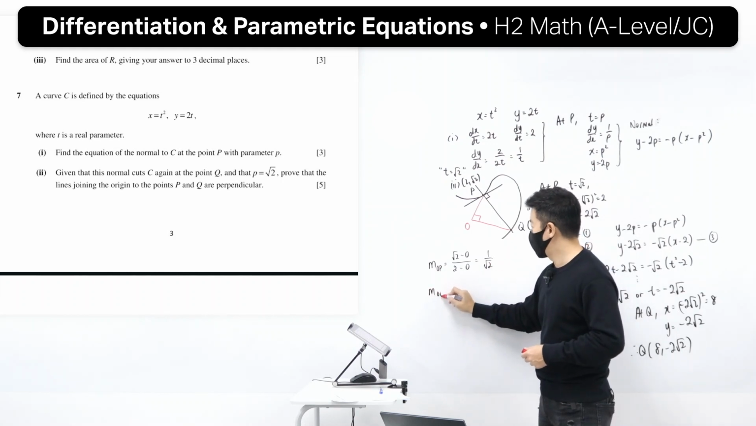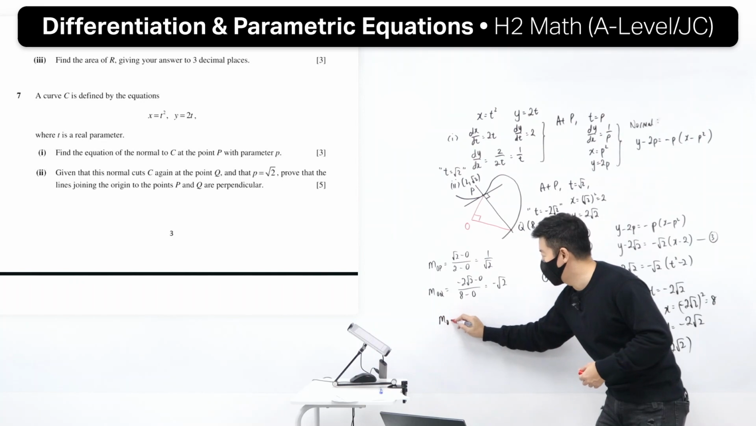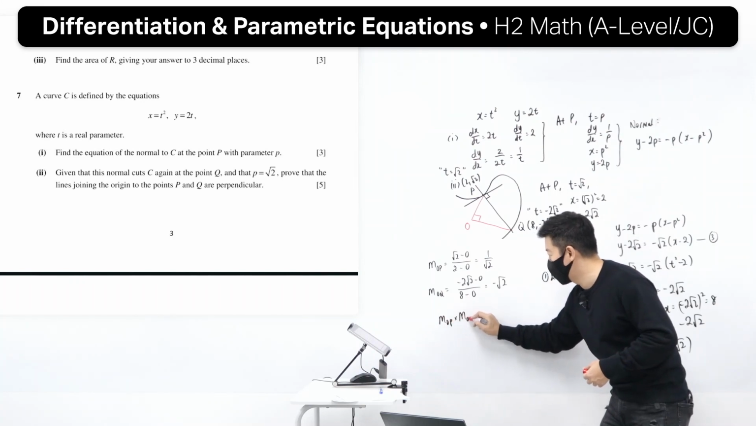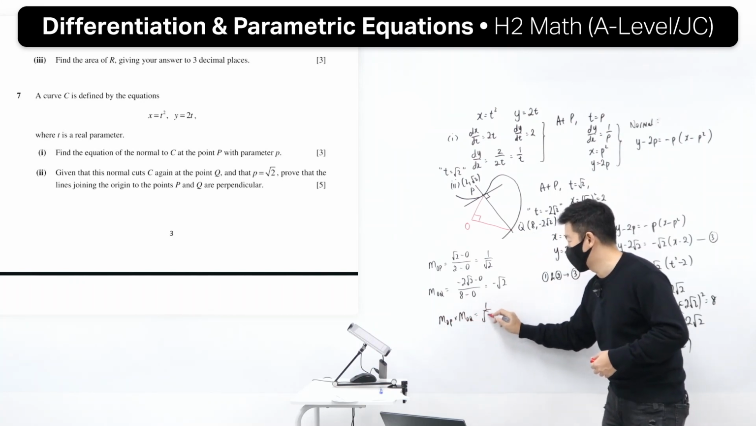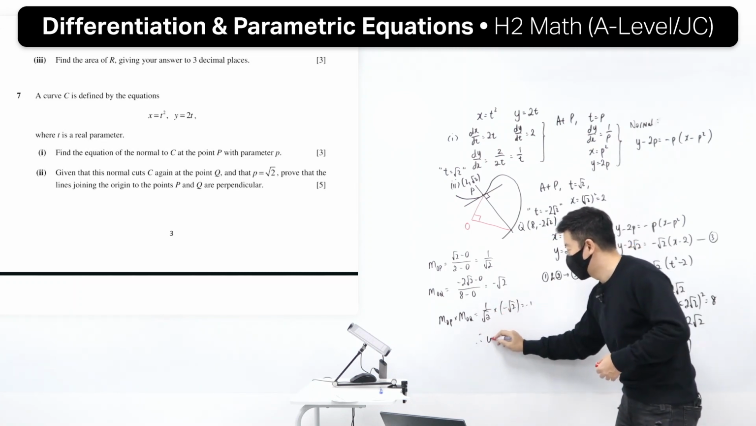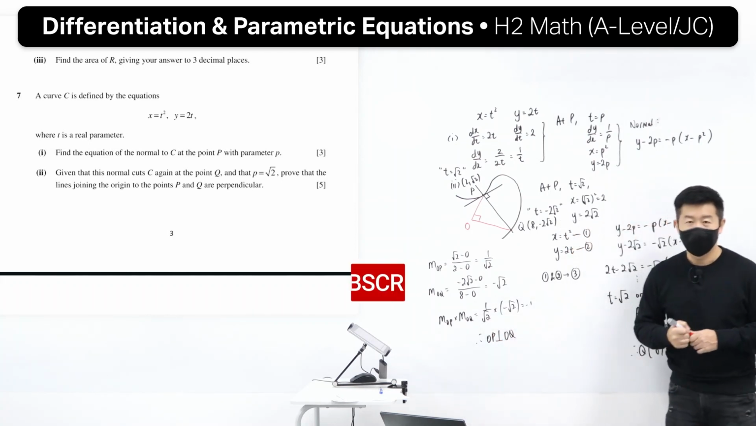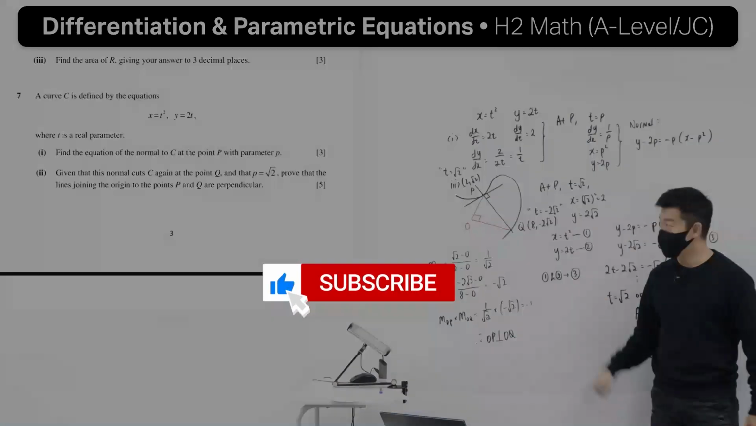Then the gradient of OQ is going to be equal to minus 2 square root of 2 minus 0 divided by 8 minus 0. So m_OP multiplied by m_OQ is going to be 1 over square root of 2 multiplied by minus square root of 2. It is equal to minus 1. Therefore, OP is going to be perpendicular to OQ. Well, I don't know how many of you tried this and got